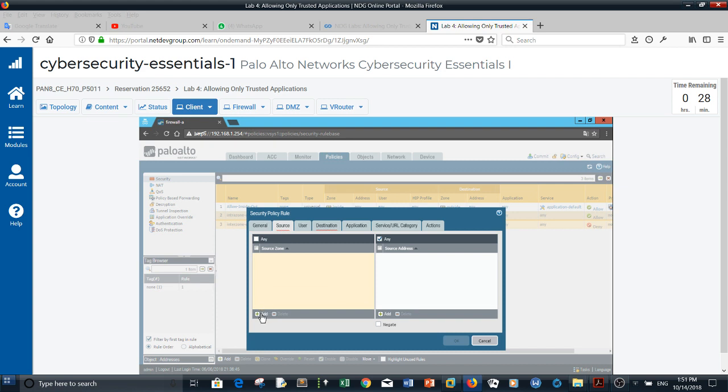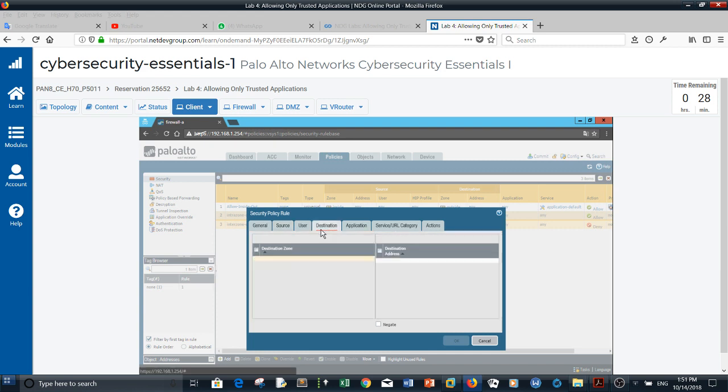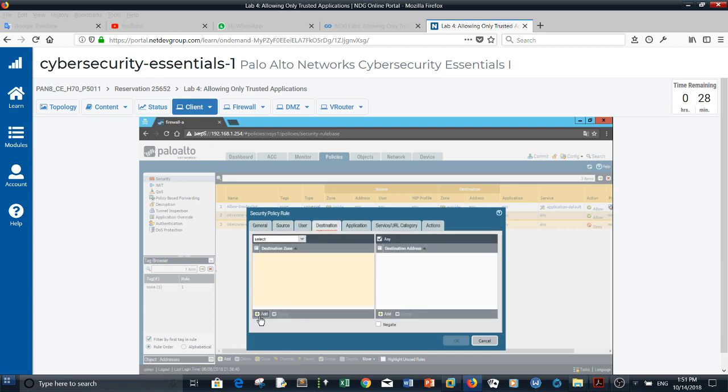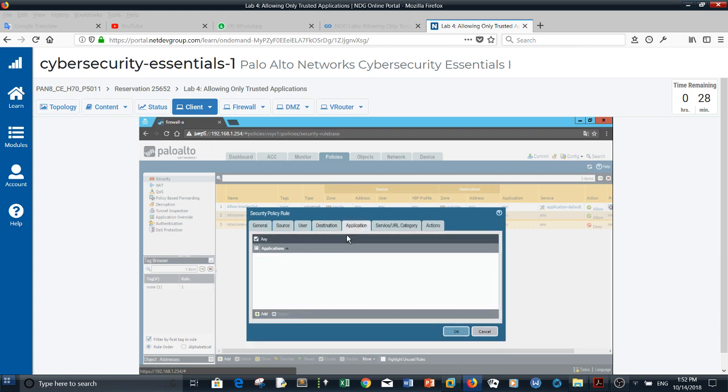So the zone here is the inside network. So we select inside, hit enter. In the destination field we click on add, outside, and in the application here we need to select the application group that we have just created. So let's click on add,